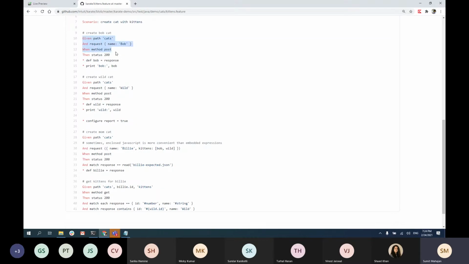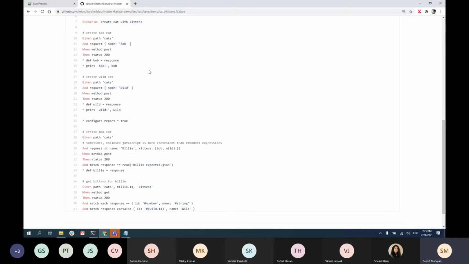Let's say it's creating a cat named Bob. So it is given path cats, a request named Bob, it's posting, right? So whenever you create something, it's mostly a post, right? Or you send a request which basically needs a body to be there, right?